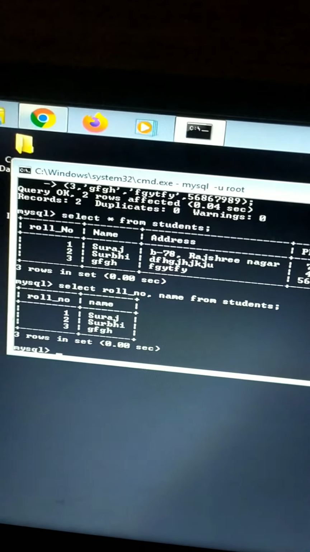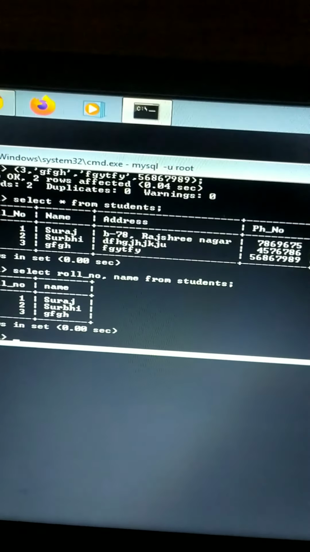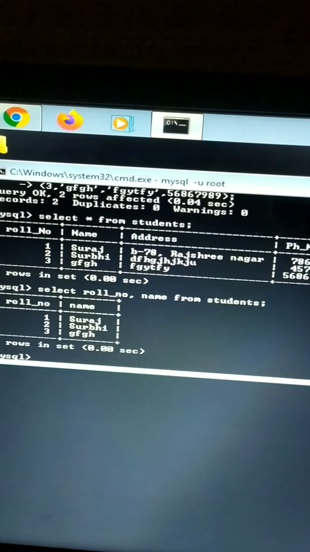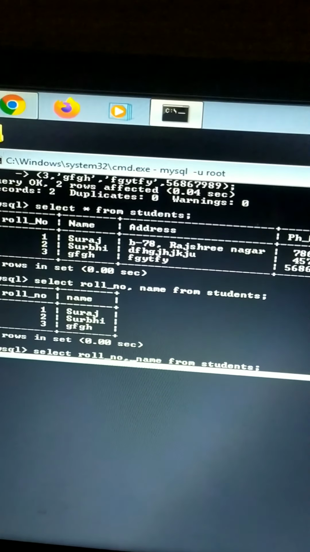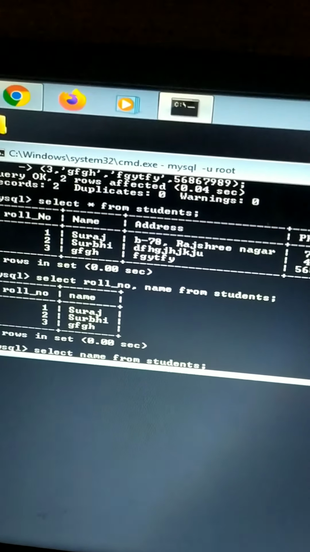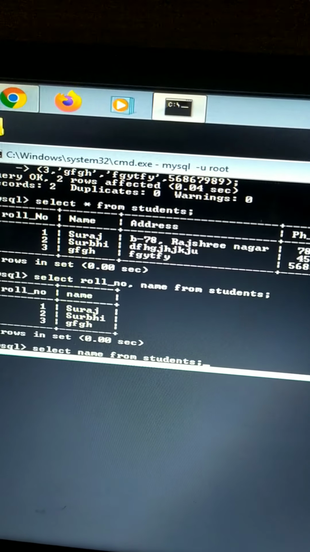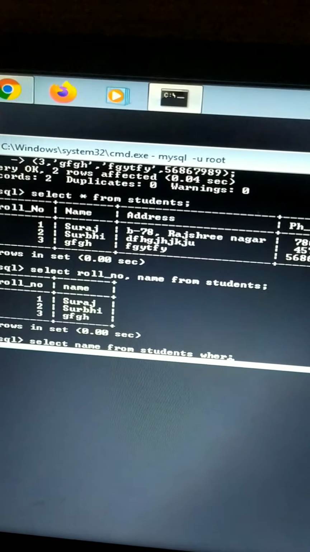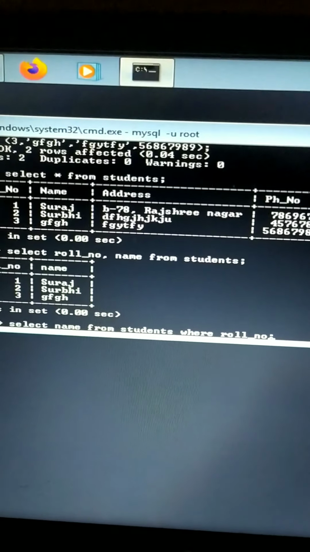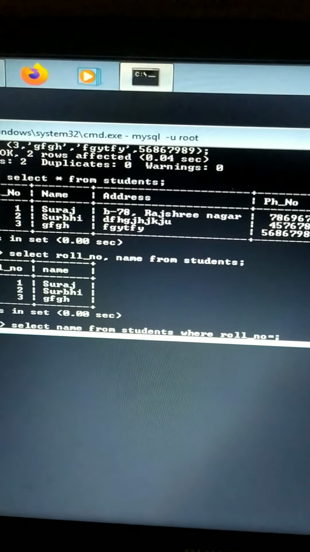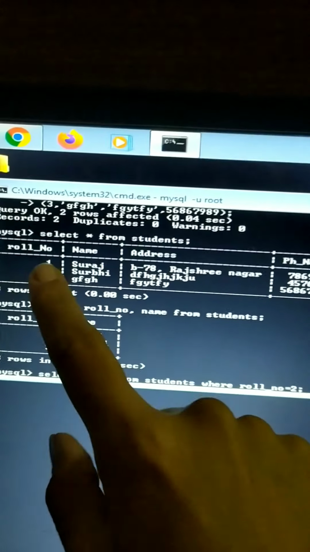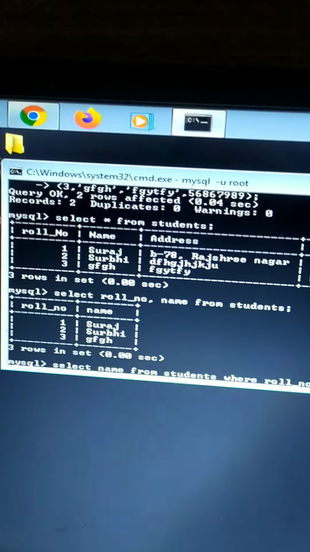Now the next command is where. Where means what? We can give a condition. So select name from students where roll underscore number is equal to 2. Suppose I want to display the name of roll number 2.